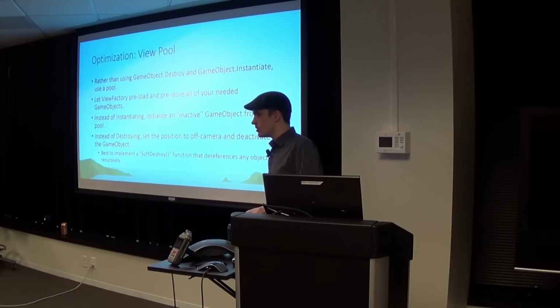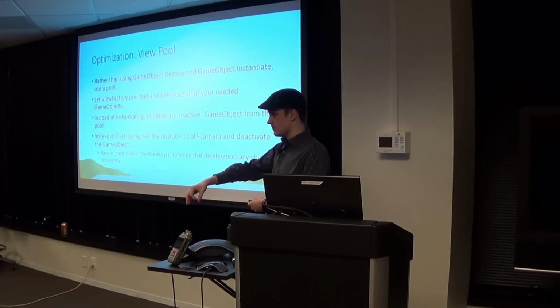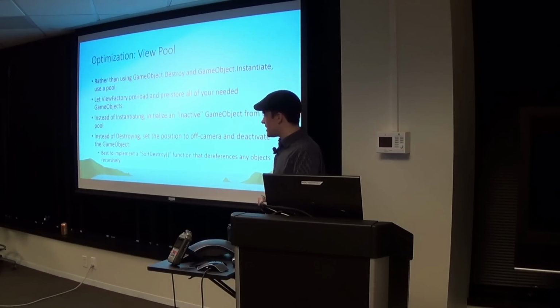I call soft destroy. This is going to set any object references to null, for one. And the reason you do that is so the garbage collector doesn't get too confused. So for example, if you have this game object with a script, and it references a bunch of objects in your model layer, or even your view model layer, because those are objects, that means it has a reference to them. That means the garbage collector isn't going to collect those if nothing else is referencing it. By the time you're soft destroying, theoretically nothing else will be referencing it, because why else would you be soft destroying? So if you just set those values to null, the garbage collector can kick in and get rid of